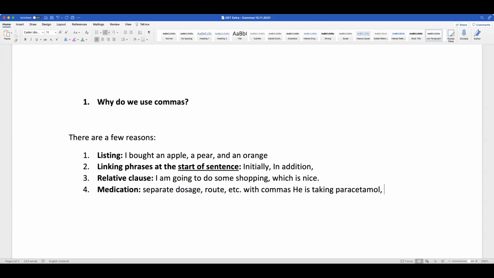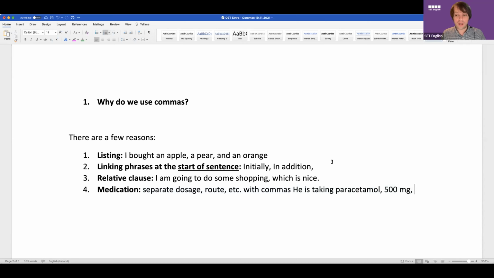Comma. Will this kill him? Is that too much? 500 milligrams, four times a day. What about if I gave him that much? No, it's too much. Just kidding. Too much. Okay, so there's a paracetamol, but look, we've got commas separating the dosage